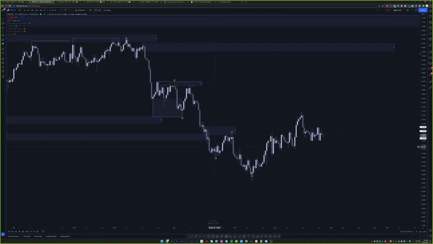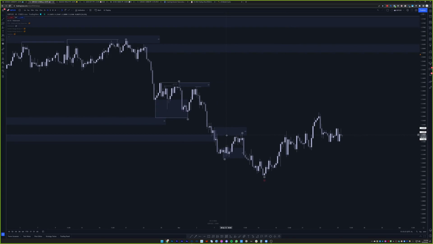And then let me see here. We can also mark out some of our failures here. So we have a 4-hour demand. Even though it's an immediate local demand, the fact that it fails is good, right? Like we want to. It's not that it's good. It's not good or bad even. It's just we want to be aware of it, right? If we see that's happening, we know supply is in control, right? Now, does that mean that every supply is going to hold, even if it does sweep? No, right? Look what happens with this,